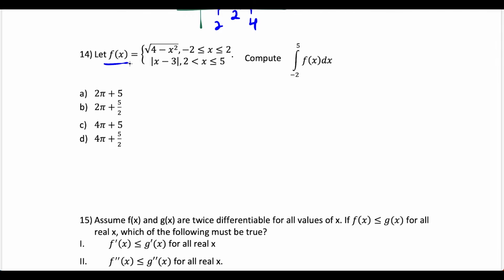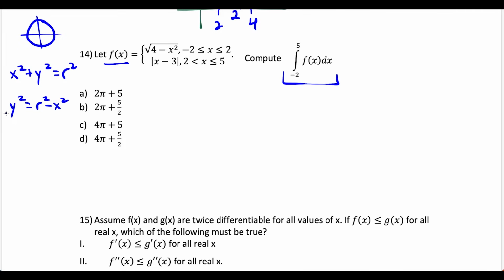So question 14, we have f of x is a piecewise function, and we're computing this definite integral. So it really helps if you're able to draw these out, because anti-deriving each piece is going to be a nightmare. So here, if I look at x squared plus y squared equals r squared, this is a circle centered at the origin with radius r. But then if I solve for y, this is going to give me y squared equals r squared minus x squared. I take the square root of both sides, and now I have y equals plus or minus the square root of r squared minus x squared. So what this just accomplished here is we have an equation for the top part of this circle, so this semicircle going above, and then the minus square root would give us the bottom part of this circle here,